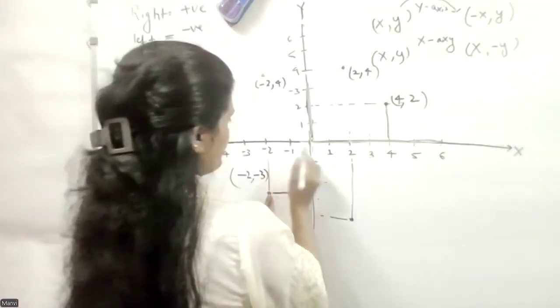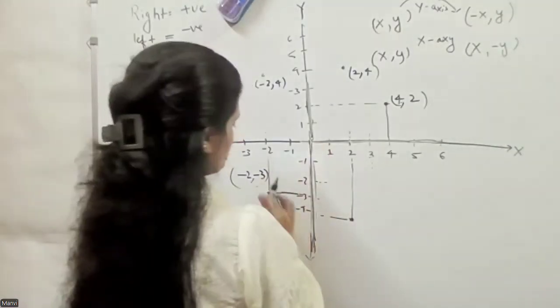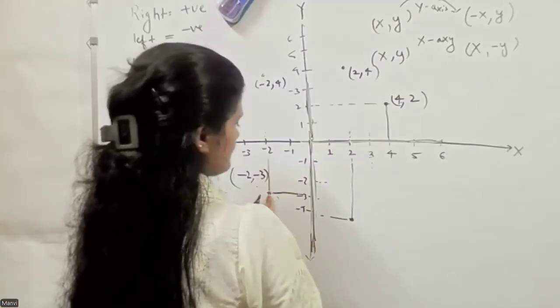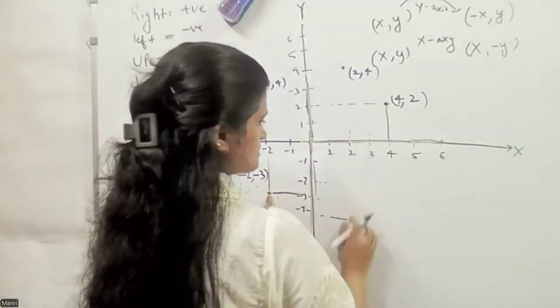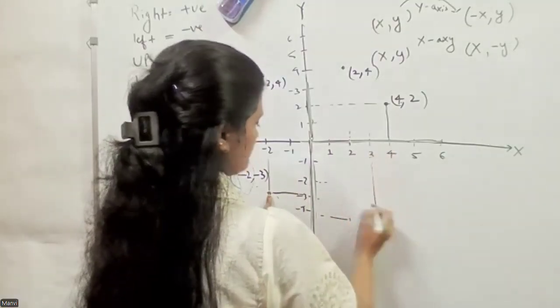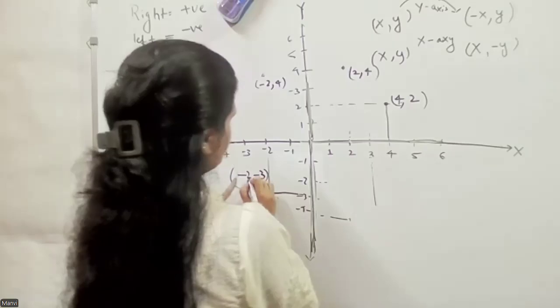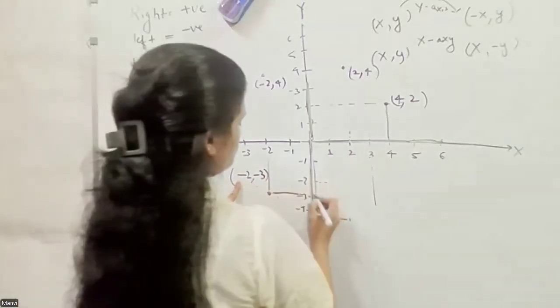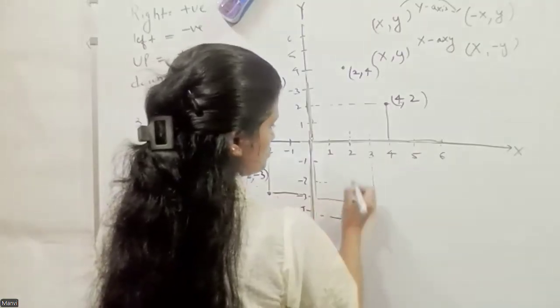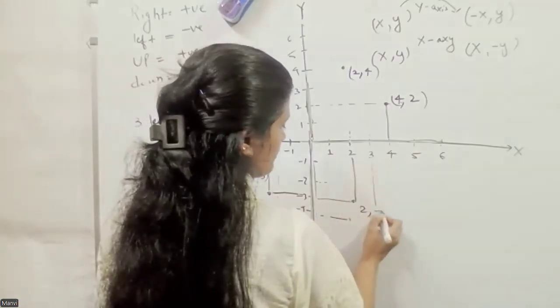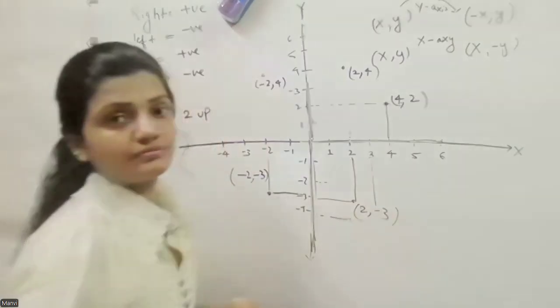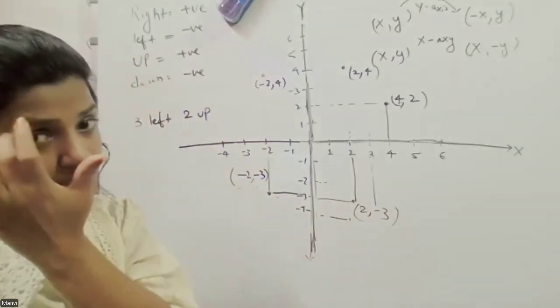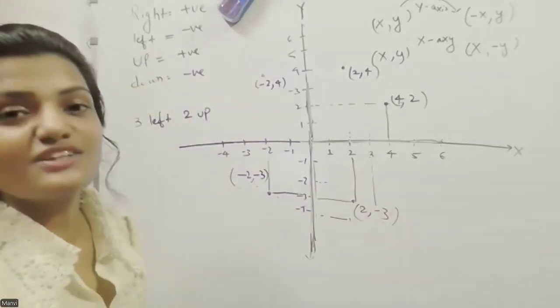Okay. So we need to reflect in y-axis. So the value of y is still the same, which means this 3 and then 2. This is what? 2 left. So we need to move 2 right. So the point is 2, -3. That's what I said. I did say that. But you change your answer.